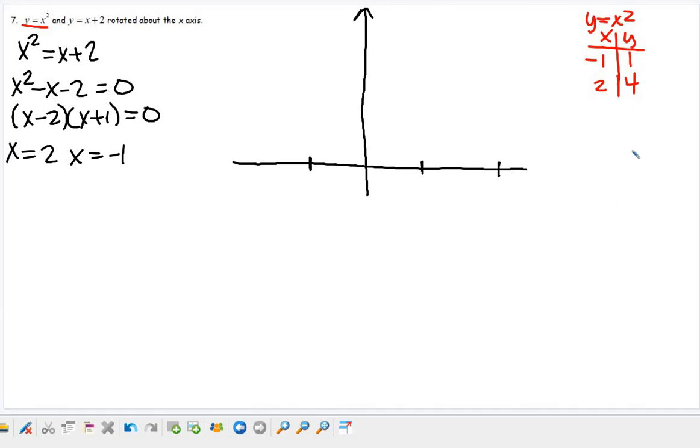And again, we know these are going to be the same points, but just for argument's sake, negative 1 and 2. So 1 and 4, just as we expected. So this is a parabola, so it's going to go through negative 1, 1, 2, 3, 4. All right, so negative 1